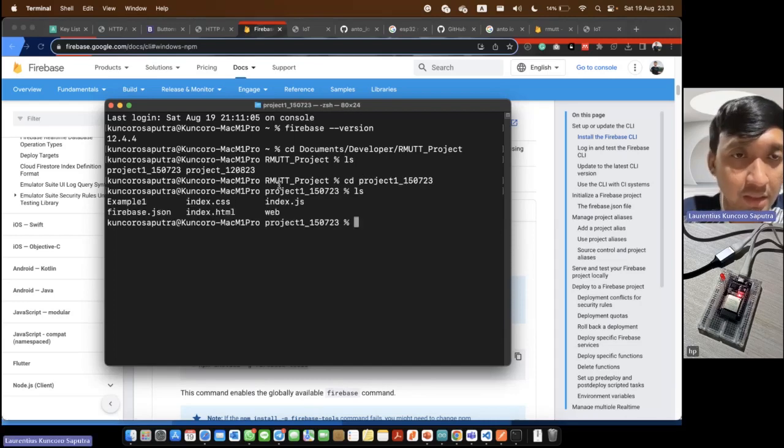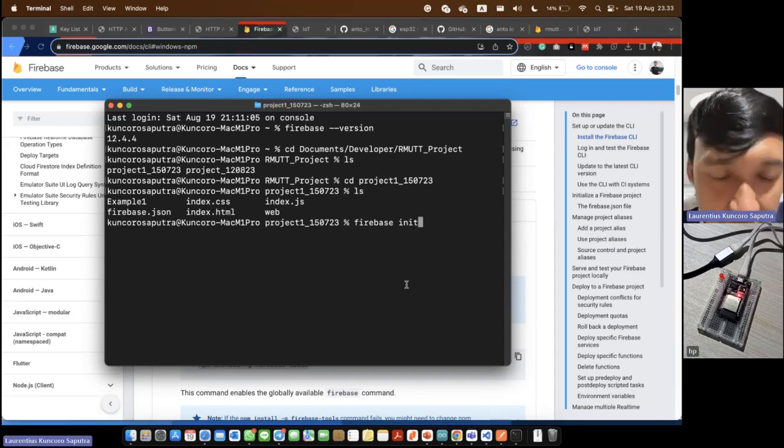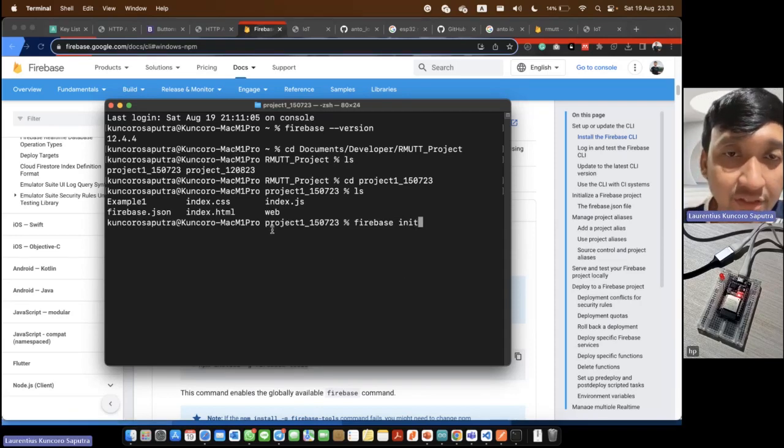You can see that in this folder I have one folder and firebase.json, index.css. If it's the first time, you should run firebase init in this folder or directory.